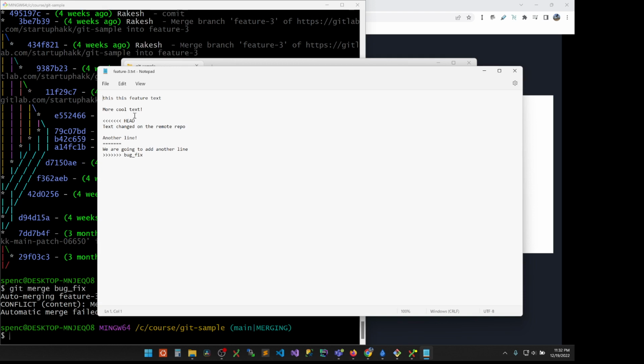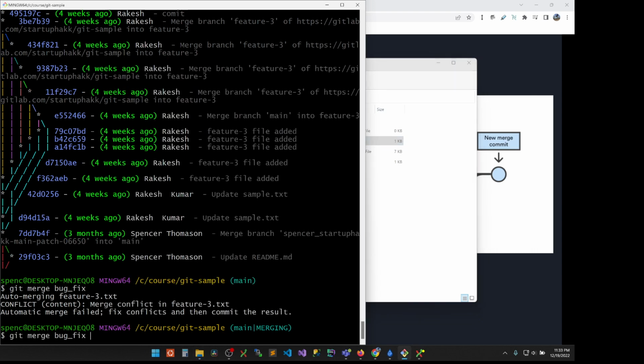You can see Git didn't know what to do with this because we made the change in two different places. You can see this funky HEAD and this section from the bugfix. It's like, hey, I noticed that there's this line and there's this line, and then there's this other line that got added into the middle. This can be a tricky situation, and a lot of times you have to resolve your merge conflicts, save the file,